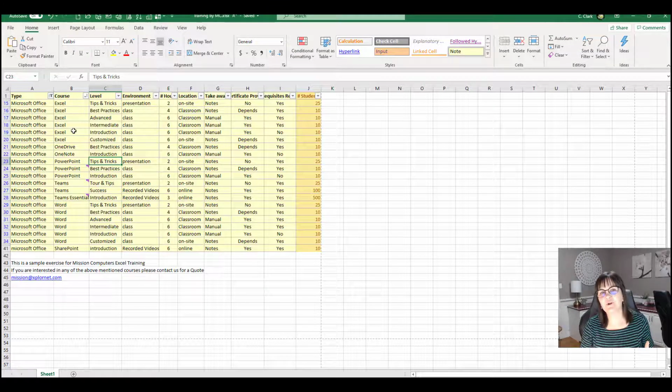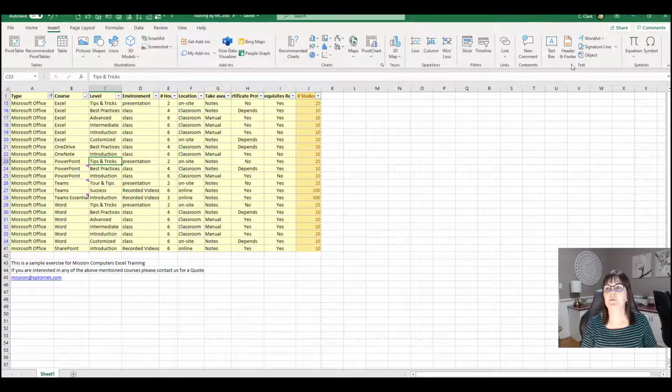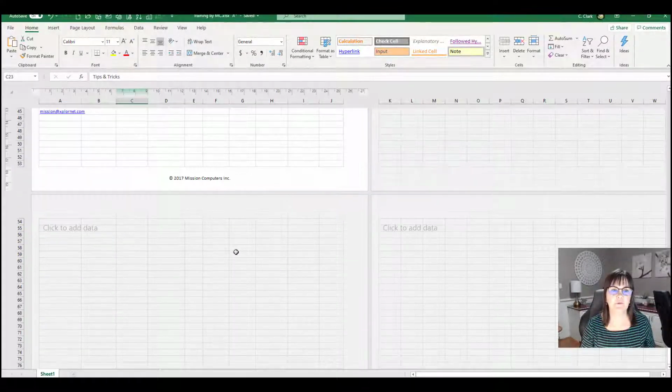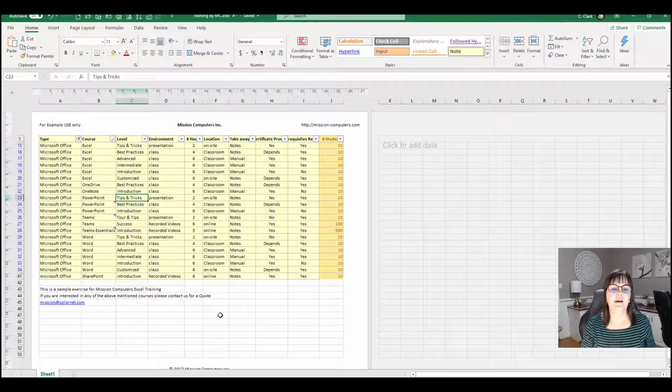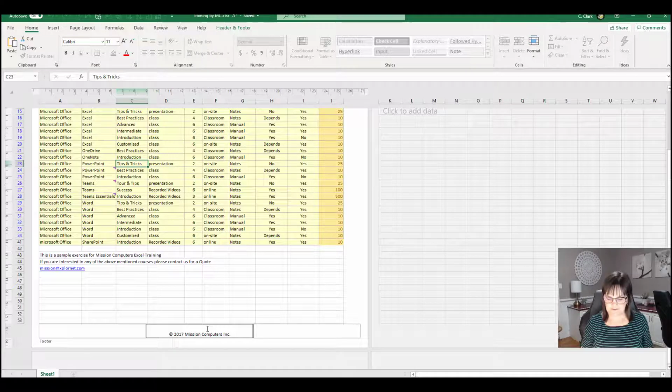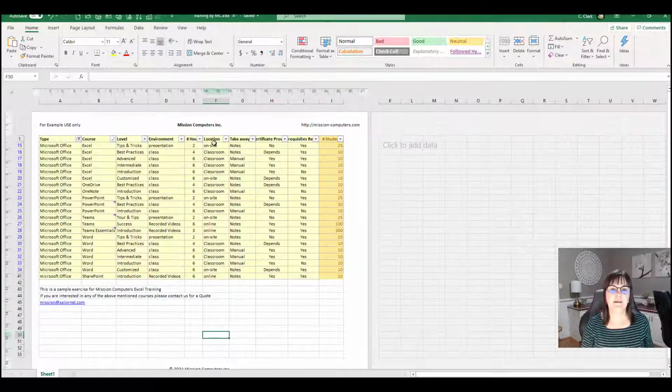Just like in Word and PowerPoint, the menu was Insert, right? So Insert in all the Microsoft programs. So we're going to go to the Insert menu, Header and Footer again. And then it changes our screen somewhat. And now we see the spreadsheet that we have, but also an area for the header. And then if I scroll down, I can see an area for the footer, right? So if I just change that, let's just change that to 2021. Okay, and at the top,